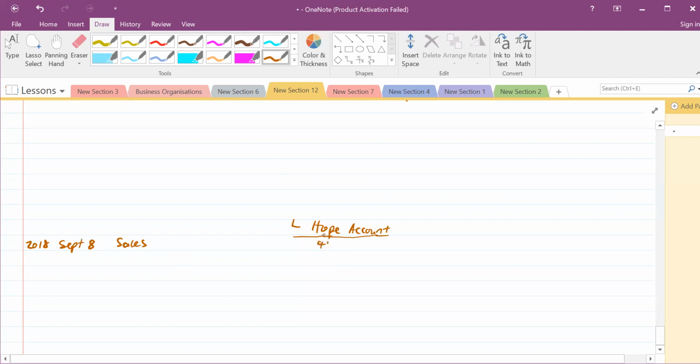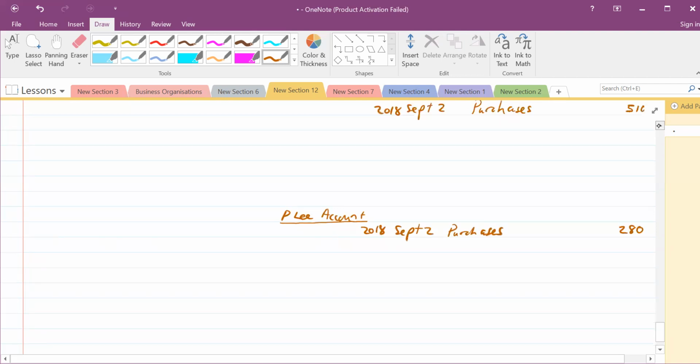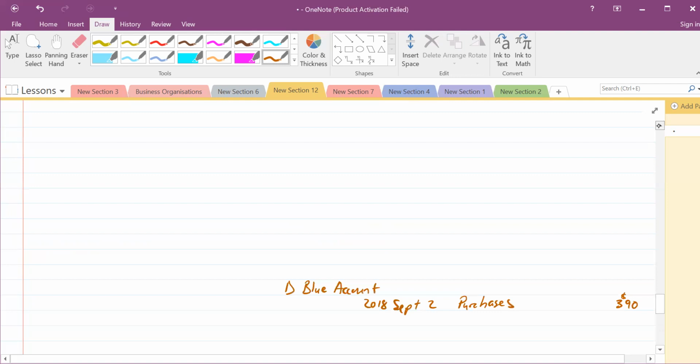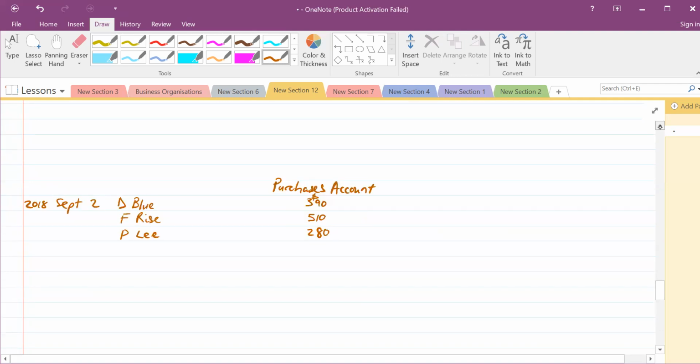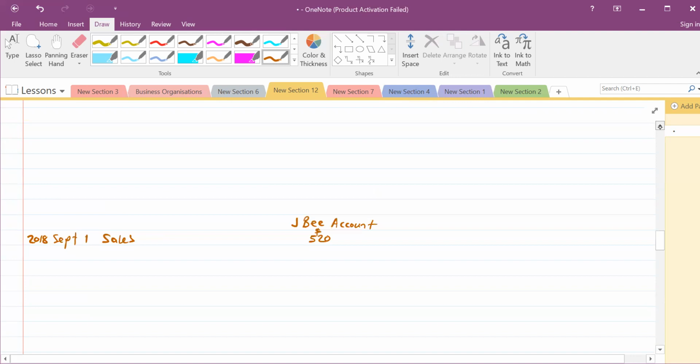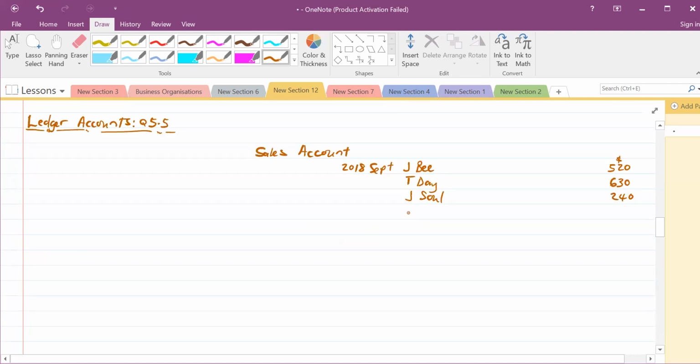418, right. We then quickly go on to the sales account at the top there, sales account. Where is it? Over here. We were also told that we sold to T-Day, so we write T-Day. This is on the 8th. This was on the 1st. Okay, this is on the 8th. So T-Day, how much? 640, 640, we record,